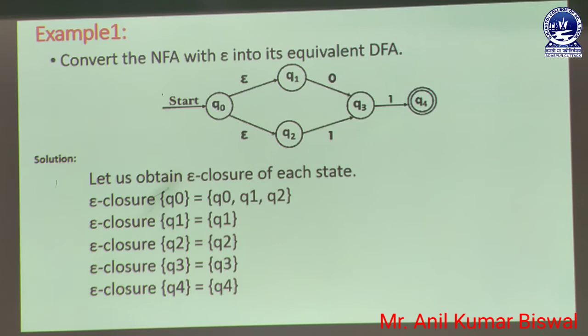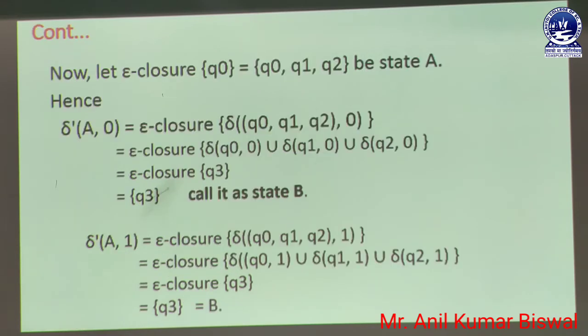If the user wants to calculate the epsilon closure of Q2, in that moment it is also denoted as Q2. Then the epsilon closure of Q3 is also the same, Q3. That means it is always self-redirected, which is already mentioned in this diagram. Last but not least, the epsilon closure of Q4 is also the same state, Q4. So in this way we are calculating for all the states, because in this diagram we have five states: Q0, Q1, Q2, Q3 and Q4. These states must contain these epsilon closure values. The next slide we are going to discuss.